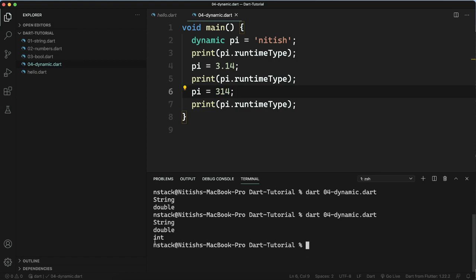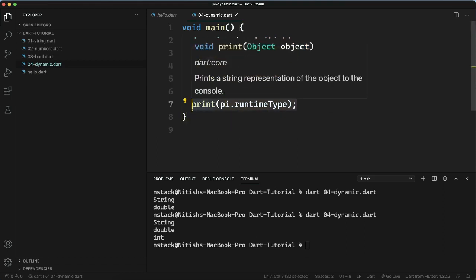You can change the data type of a variable at runtime, and this is the beauty of dynamic, which makes it optionally data typed. Dynamically it is changing the data type, which cannot be done if you are using any other data types. So I hope I made it clear what dynamic is and how it works. It is basically a data type which is dynamic, which can hold any kind of data. Its data type changes based on the data you are storing in it. We store string, it becomes a string. We store double, it becomes double. We store number, or you can say the integer, it becomes integer.